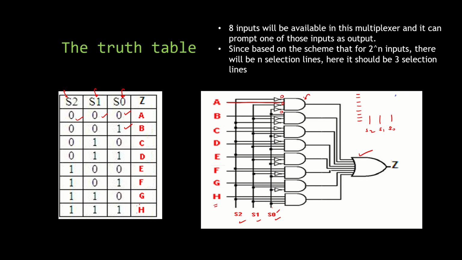S0 alone as 1. So let's clear the screen right now so that we can visualize it clearly. All these are easy. Just try it out at your end. If you have any queries, you can always ask me through the chat box. I'll be happy to help. And you can see that for B, when I want B as the output, I need S0 alone as 1. So where is S0? This is S0. I am not taking the inverted input. I am taking the direct input here.